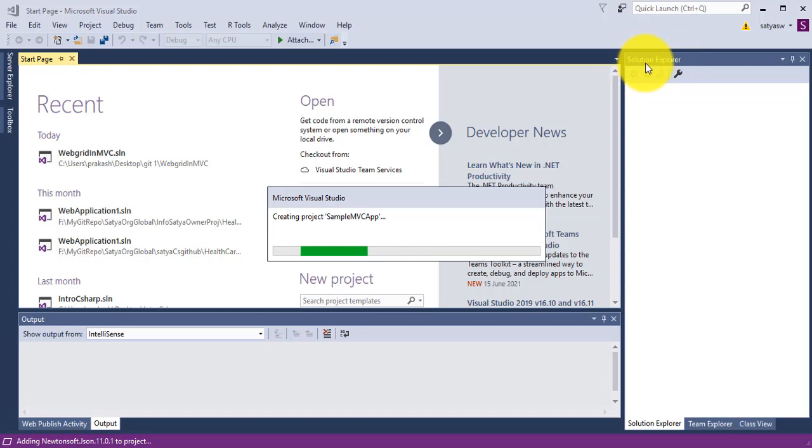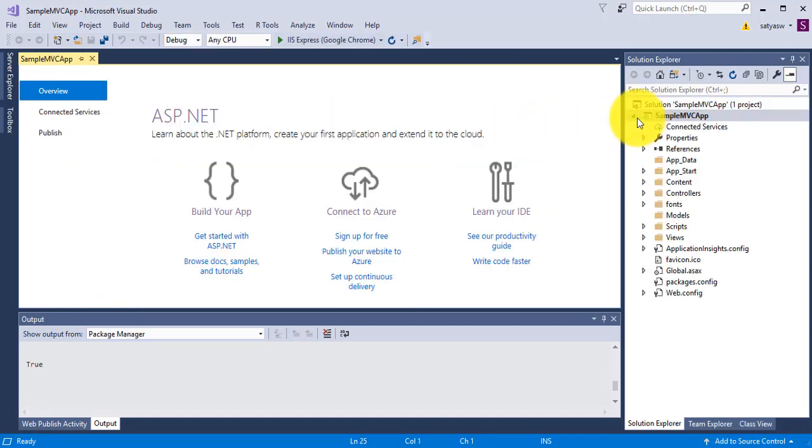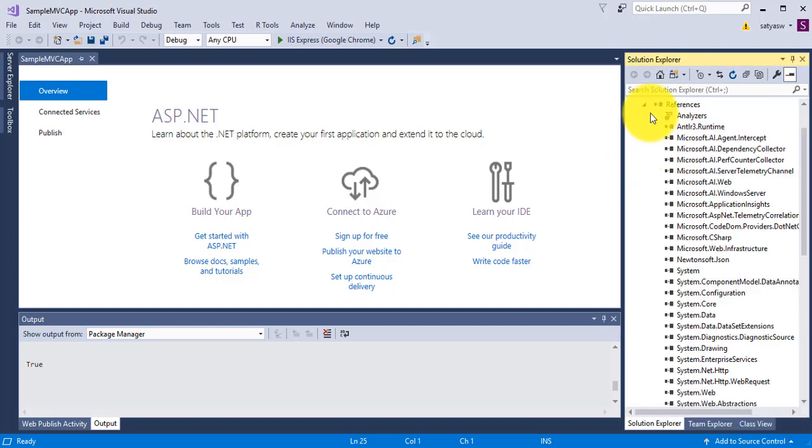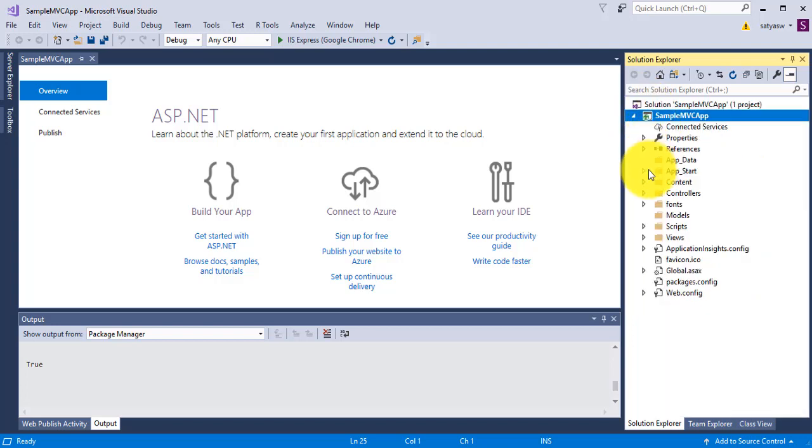As of now, Solution Explorer is showing empty because my project has just started being created. So let's wait for some time, and after that we'll talk about the folders and files associated with this sample MVC application project. Okay, now we can see the sample MVC web application is created, and there are associated folders: Properties, References. References contains some DLL files. Here you can see the reference files, and in the App_Start folder, the RouteConfig.cs file is there